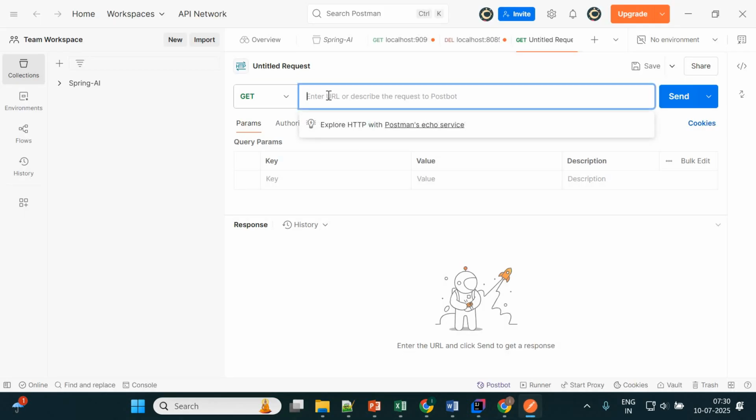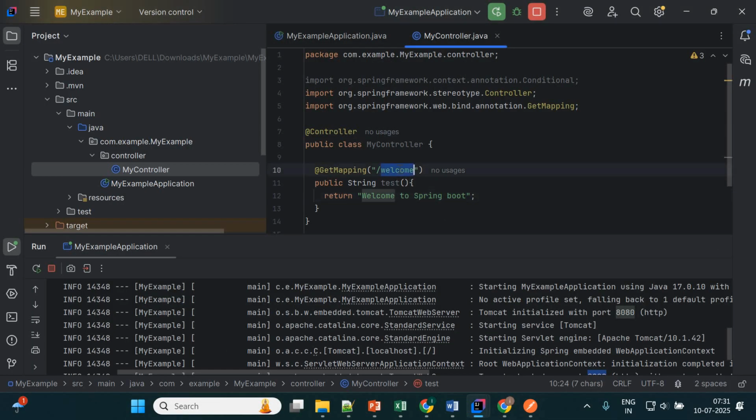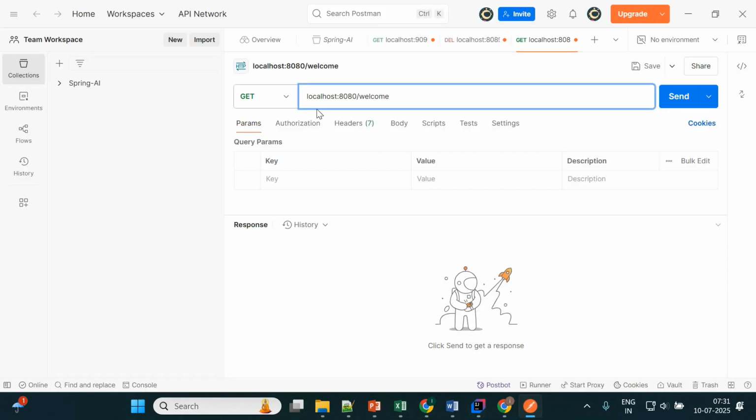So what I will do here, I will write first localhost, which will always remain because we are running locally, right? If you are accessing from remote, then we will write your IP address, like 127.126.1.1, something like that. After that I will write the port number, 8080. Then I will write the endpoint. We have defined the endpoint as welcome. Endpoints play a very important role in calling the application. So localhost:8080/welcome. If I go with that and click on send,